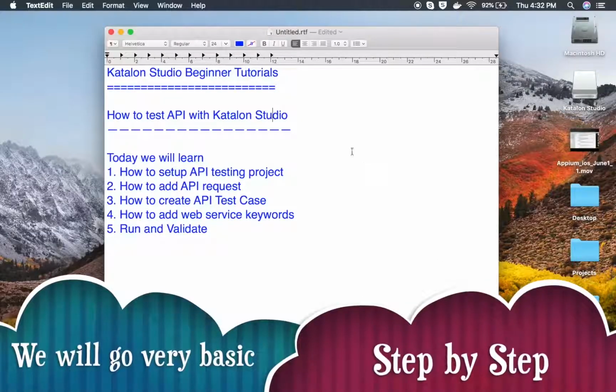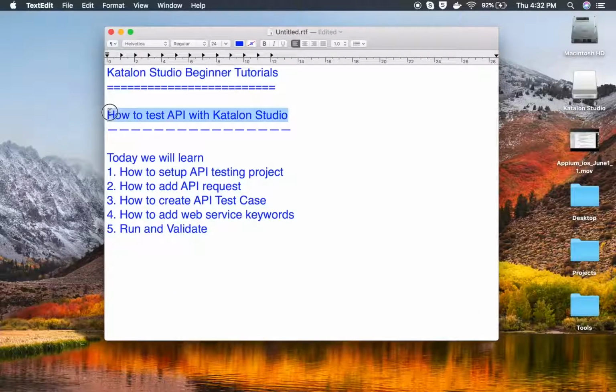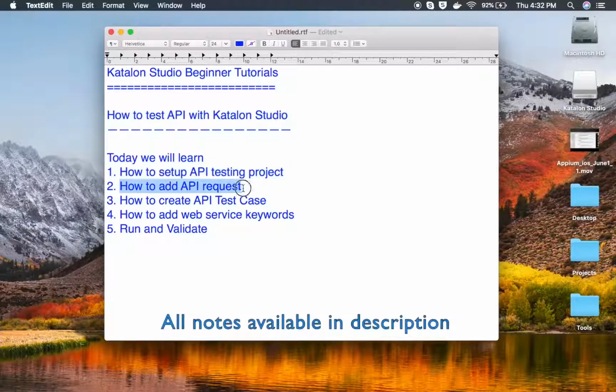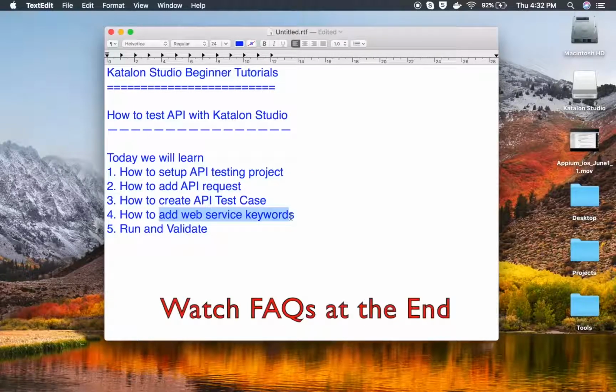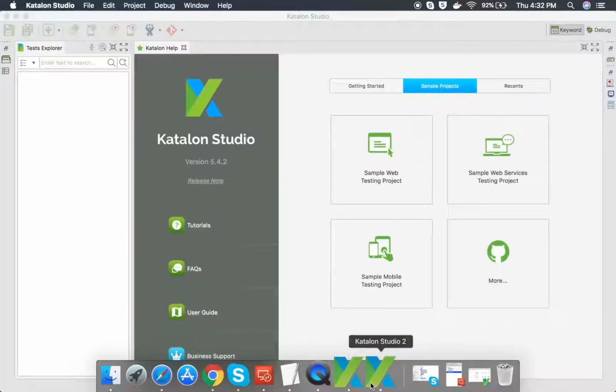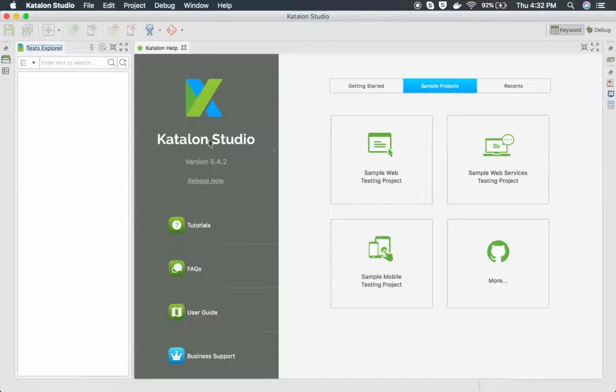In this session we are going to go very basic step by step, and we will learn how to test APIs or web services with Katalon Studio, and we will see how to set up an API testing project. We will see how to add API request. We will learn how to create API test case and how to add web services keyword, and finally we will run and validate. So let's get started, and let me go to my Katalon